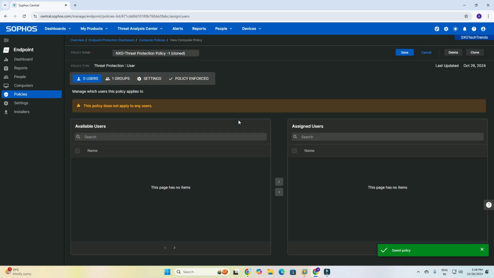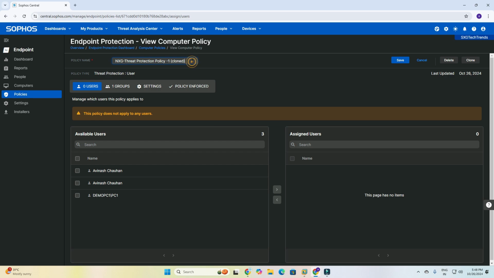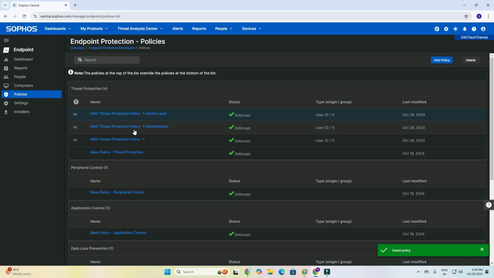You can add admin level users, and you can add here administrator level. Okay, now you have created 3 groups: one group for admin level clients, one group for administrator level clients, and one group for default users.